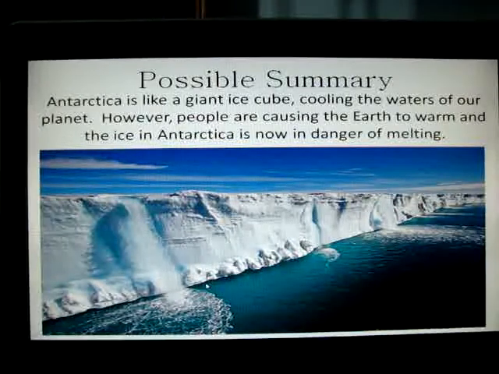Antarctica is like a giant ice cube cooling the waters of our planet. However, people are causing the Earth to warm and the ice in Antarctica is now in danger of melting. Sometimes you have to phrase it like you're talking to your 3-year-old little brother or sister. Make it simple. There's nothing wrong with that. In fact, I prefer simple because it proves to me you understand what you're saying. Okay, so that's the summary response essay as far as